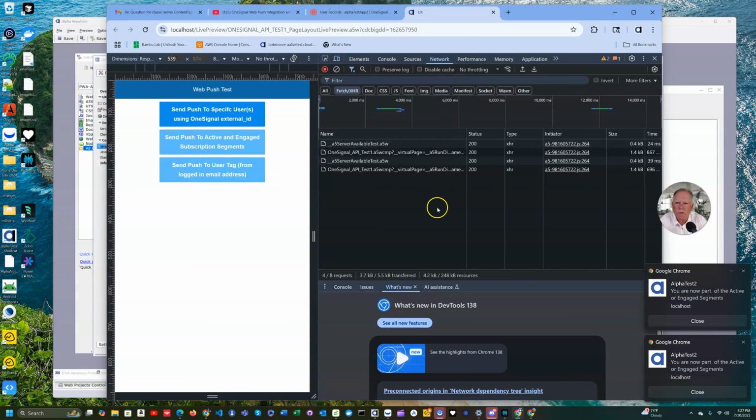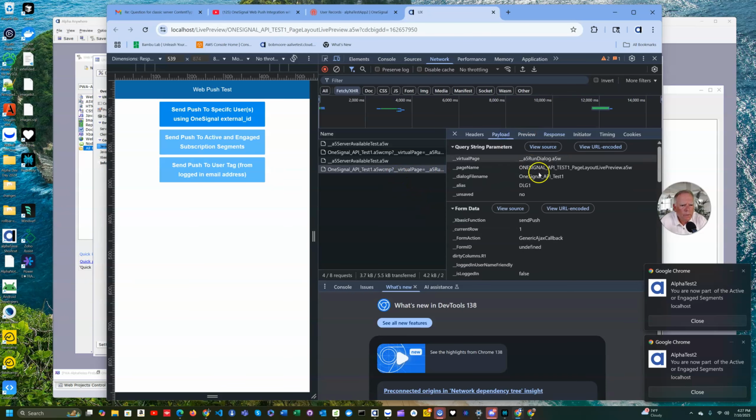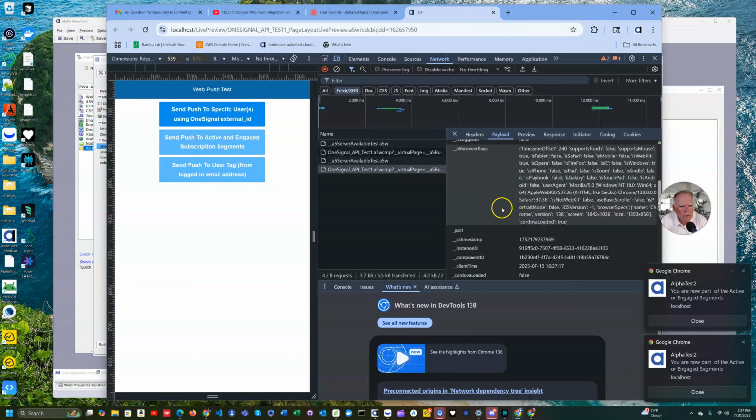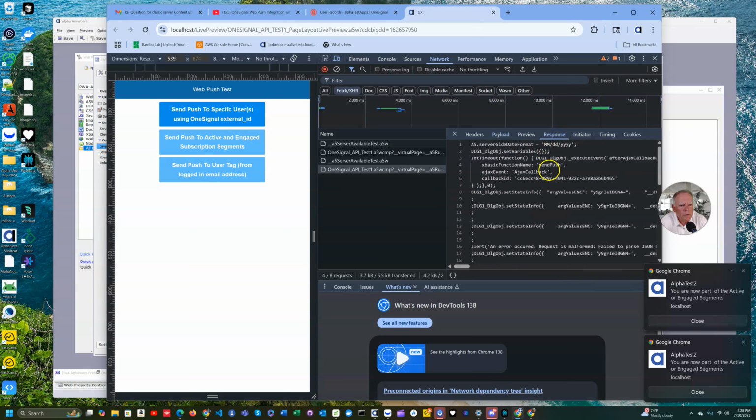So let's see if we can see what happened there. So it's going to be right in here, and here we can look at our payload. And again, we'll look at our aliases. And here's where the error is. So this was to go out to 2 different users, and you can see that the code is missing here. Makes it easy for us to spot what's going on here. And of course we can see our response from alpha,